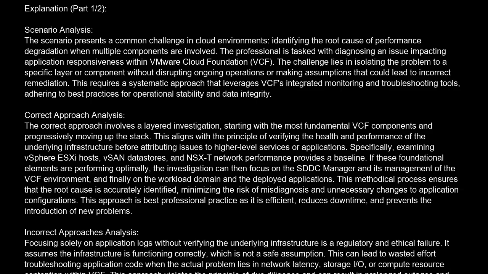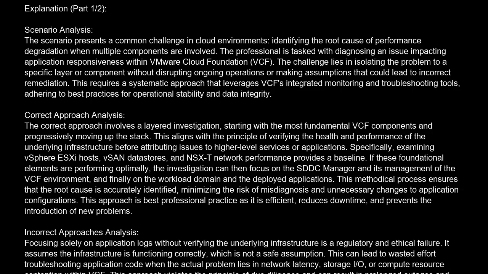problems. Incorrect approach analysis. Focusing solely on application logs without verifying the underlying infrastructure is a regulatory and ethical failure. It assumes the infrastructure is functioning correctly, which is not a safe assumption. This can lead to wasted effort troubleshooting application code when the actual problem lies in network latency, storage I/O, or compute resource contention within VCF. This approach violates the principle of due diligence and can result in prolonged outages and potential data integrity issues if